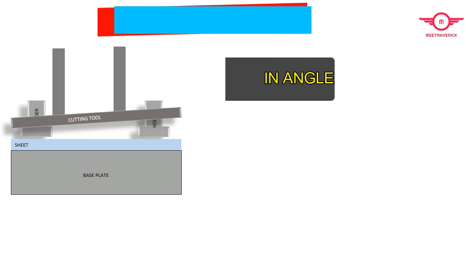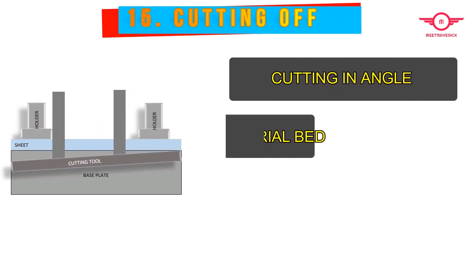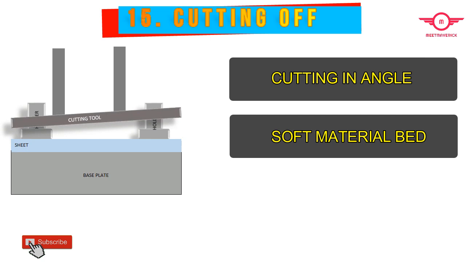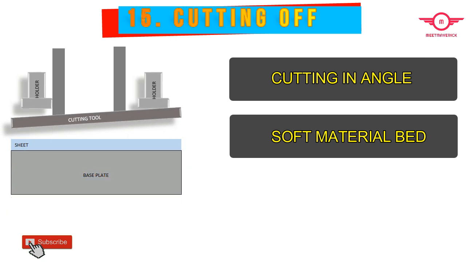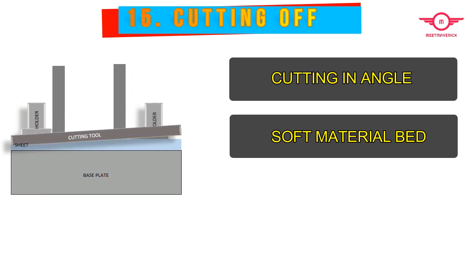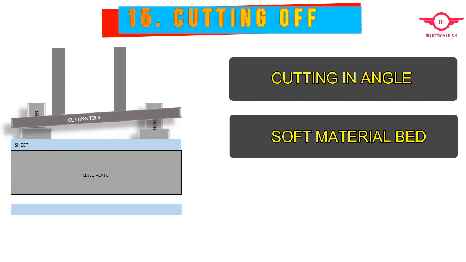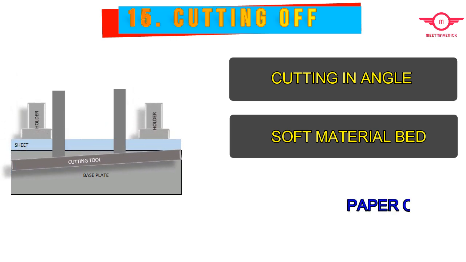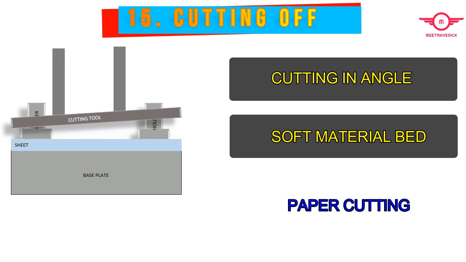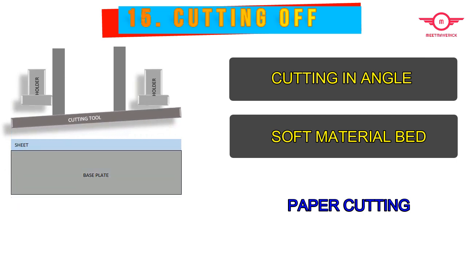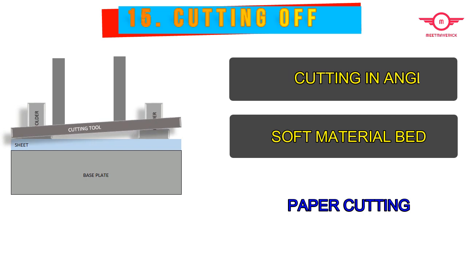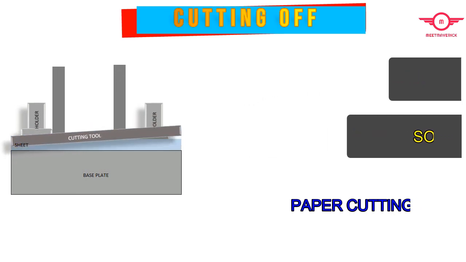Cutting off. Cutting off is a blanking method for thick paper, rubber, leather, metal foil, etc. The cutting angle of the punch is set to an acute angle not more than 20 degrees. The die does not have the cutting edge and the material to be blanked is placed on a flat stand made of hardwood, fiber or rubber. Cutting off extra paper of a notebook to get the desired size is the perfect example.